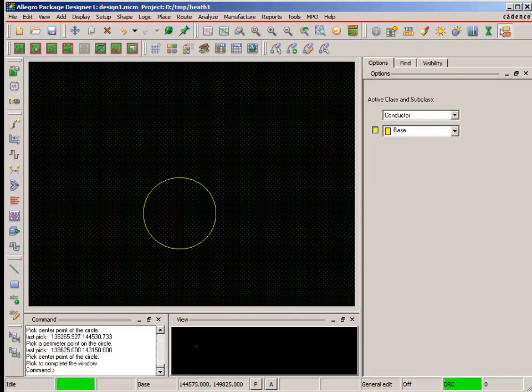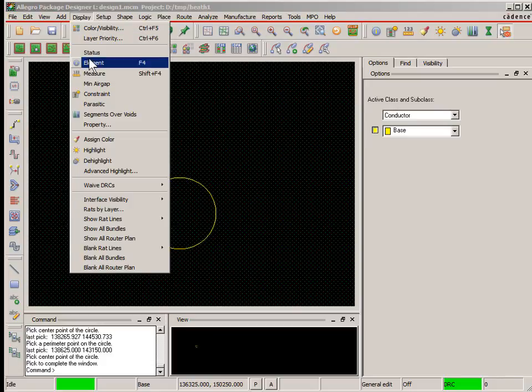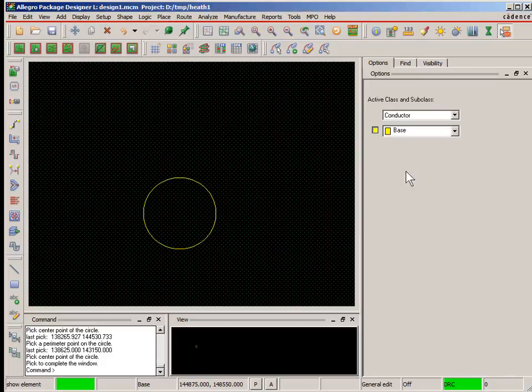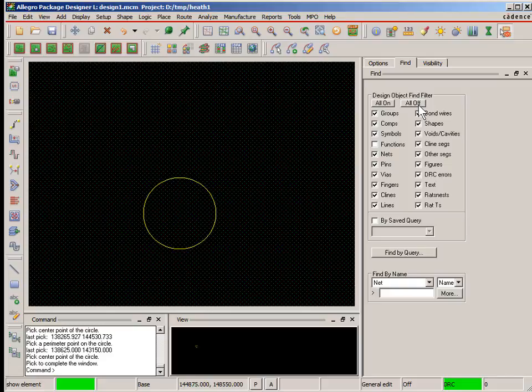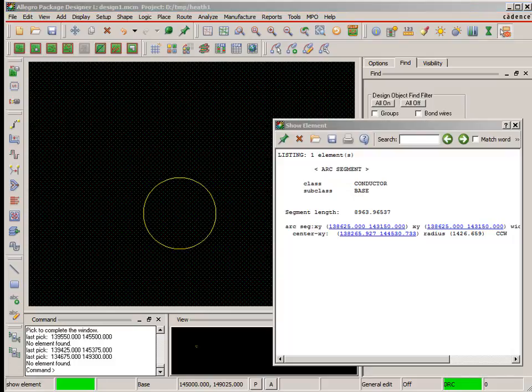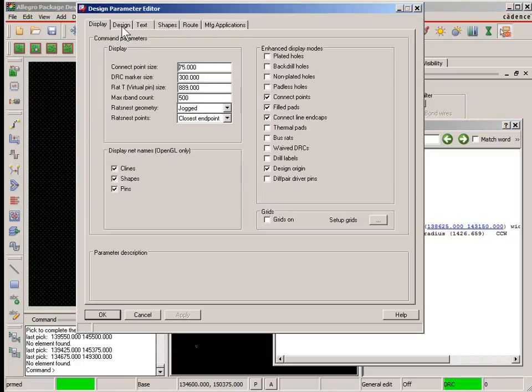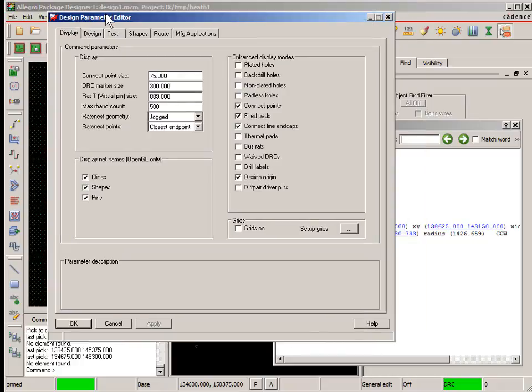Now, if we zoom in on that circle, we can use the Display Element command to find the location of the circle we've just added. The Show Element window shows the location of the center of that circle, and we'd like that circle to be right at 0,0, the origin of our design. We'll select the pin on the Show Element window so that the window will stay open even after we close the Show Element command, and we'll select Setup Design Parameters to open our Design Parameters form where we can move